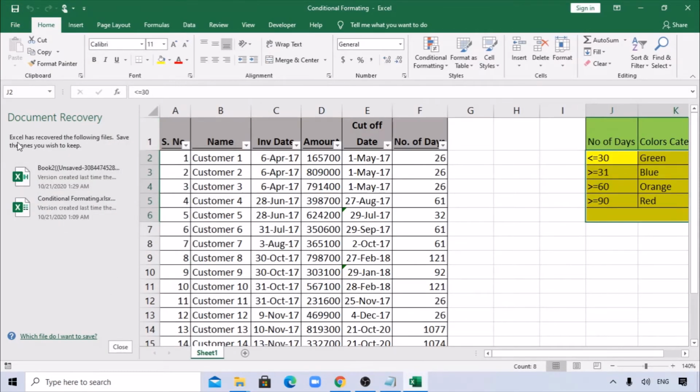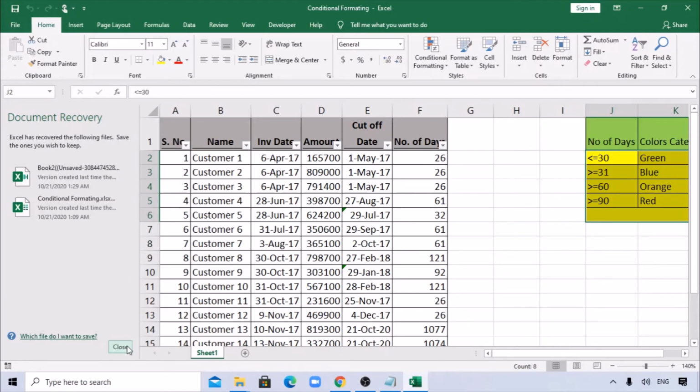now you can see the recovery option here. It shows the time when it was last saved, and this is the Book2 version. We can also recover from here. So these two options are very helpful, and will save a lot of time in recovering your file which is not saved at all.